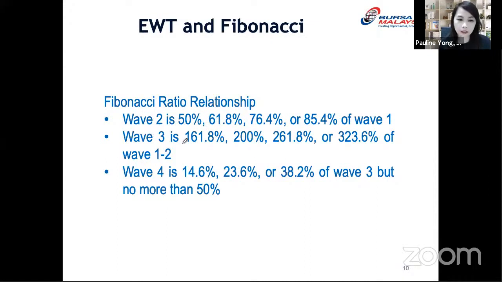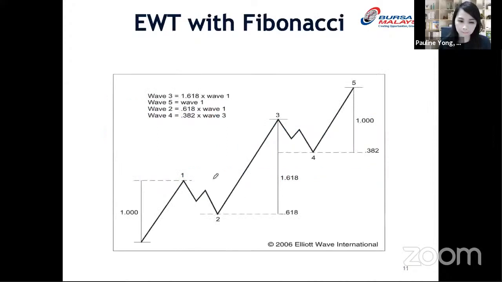So wave 3 is 161.8, then 200%, 261.8, 323.6 of wave 1, 2. What it means is that wave number 3 is definitely longer than wave number 1. They are looking at these Fibonacci ratios, 1.618, 2 times, 2.618, and 3.236. So when we measure wave 1, wave 3, and wave 5, we measure